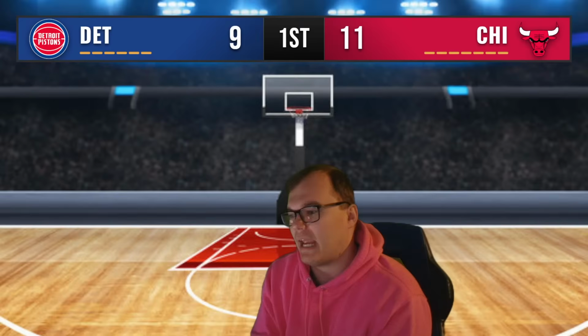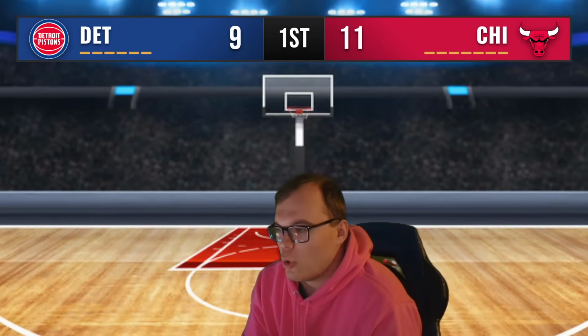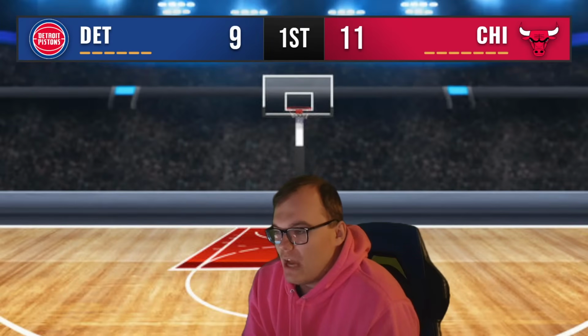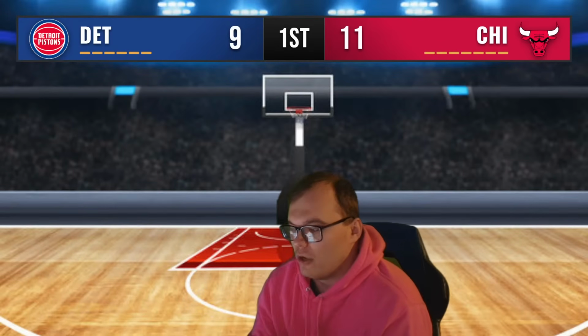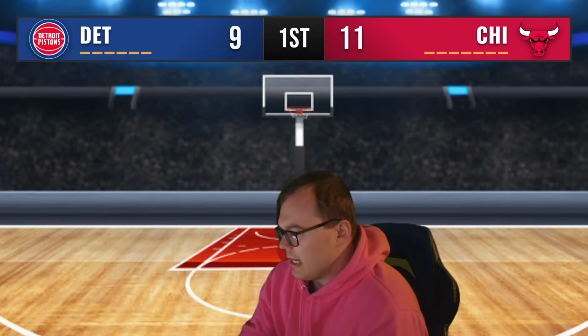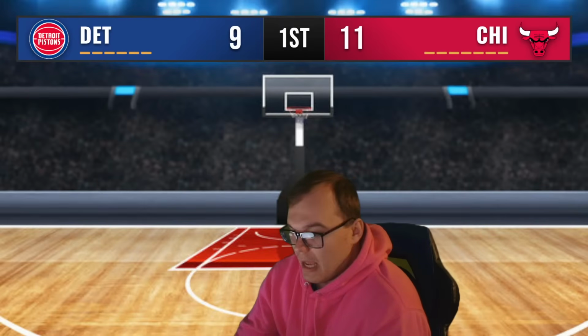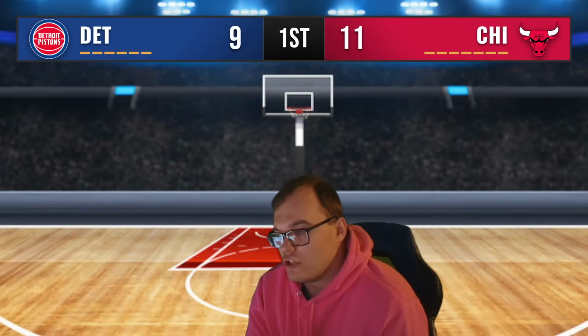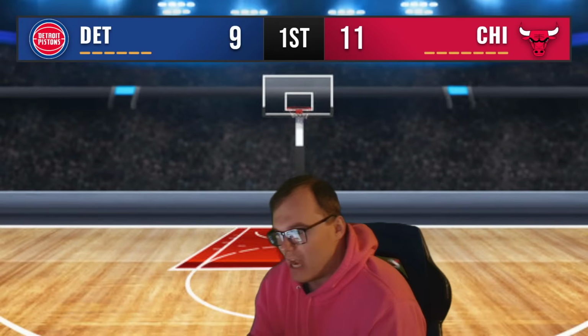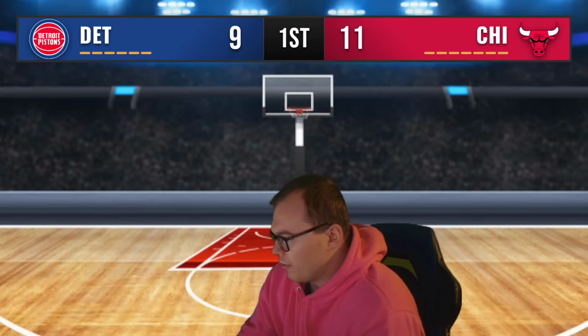Back from commercial break, 8:45 left to play here in the first quarter. Cade with the basketball, driving inside the paint here with his left hand. Turnaround shot for Cade is off the mark, no good. Boarded by Josh Giddey. Giddey upside the other way here, looking to add some more to the lead. Buzelis drives inside here. They're going to get Jalen Duren with a foul on Buzelis, and I think Buzelis is going to go to the free throw line.